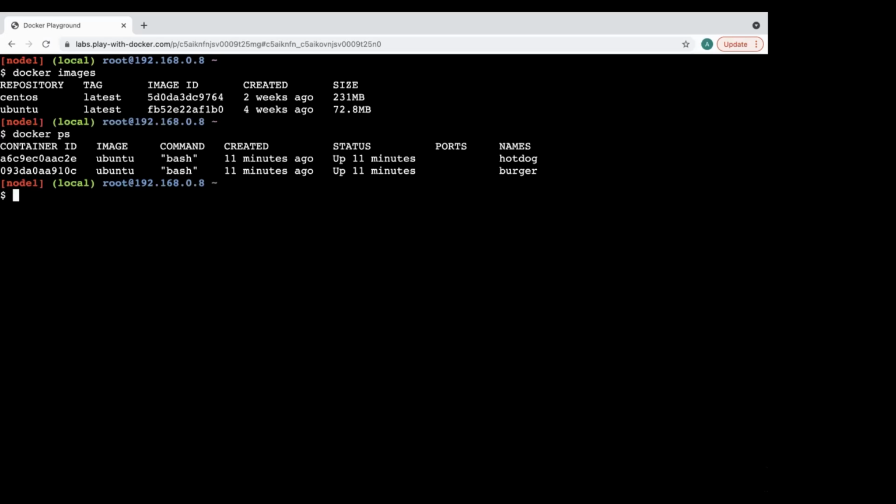Even if you are not creating a container, it's going to occupy 72.8 MB of space on the hard disk, correct? So just type docker rmi and type ubuntu. Then you have to hit enter.